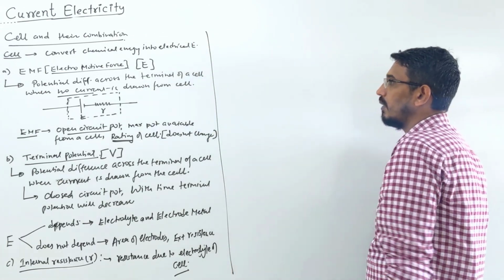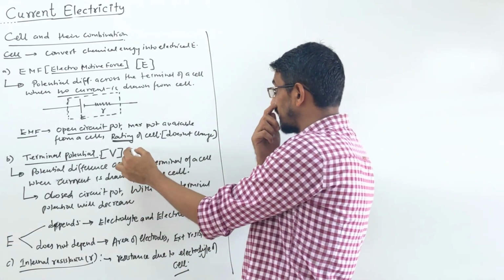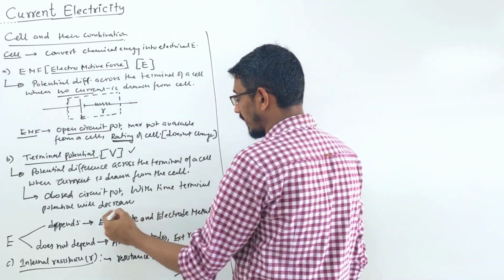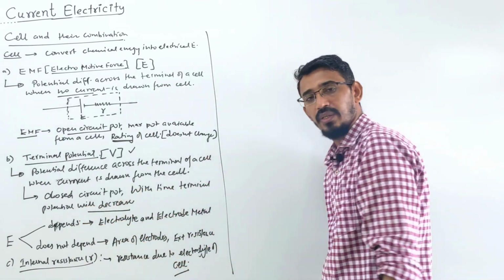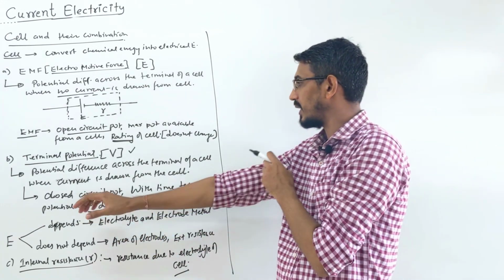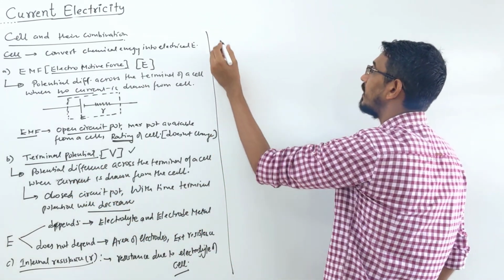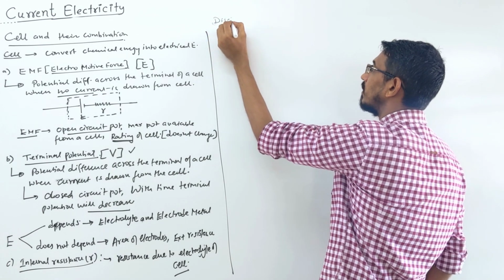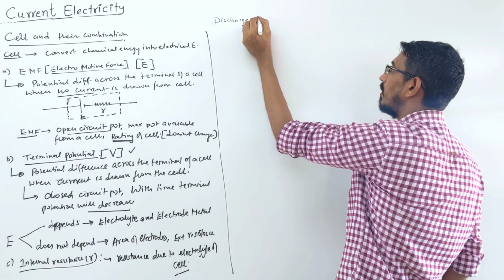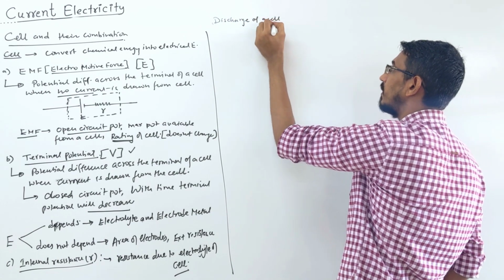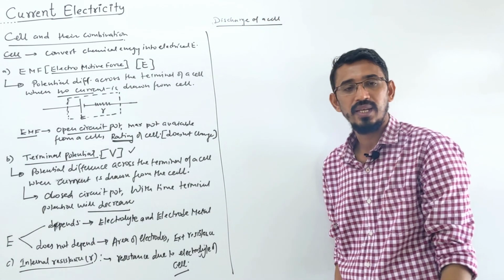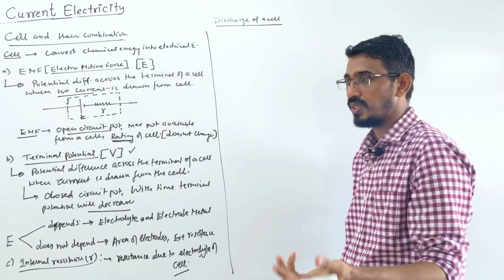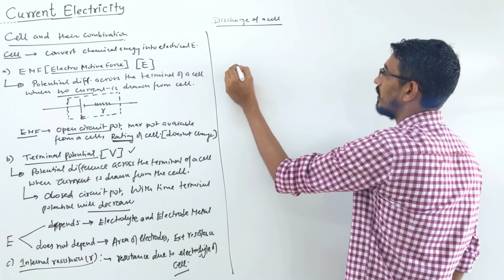Now talk here. We are interested in knowing this terminal potential. I said it decreases with time. It's not always. This will happen when you are discharging a battery only. So we have two cases actually. Watch carefully. First I write here discharge of a cell. Then how does the circuit look? You have a cell and you are using this cell, meaning you are drawing current from the cell across your resistance or appliance.